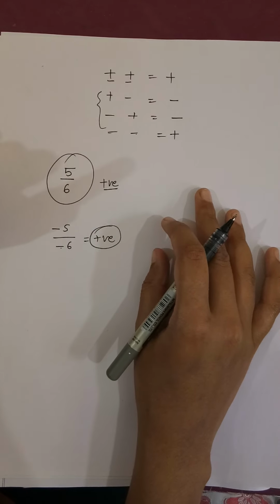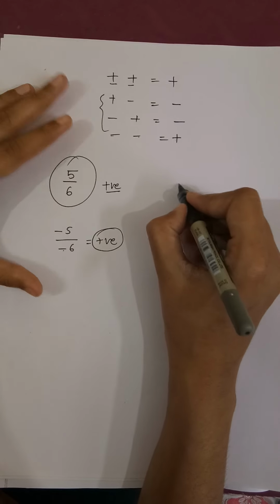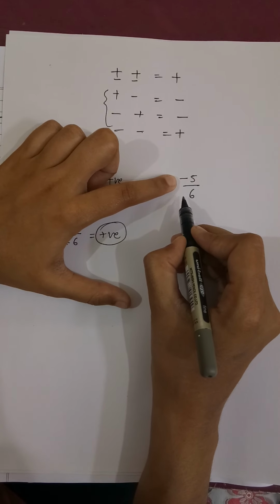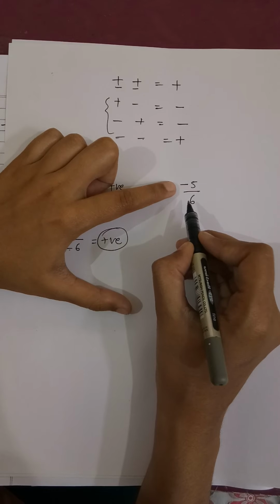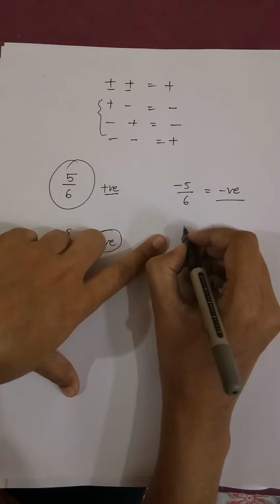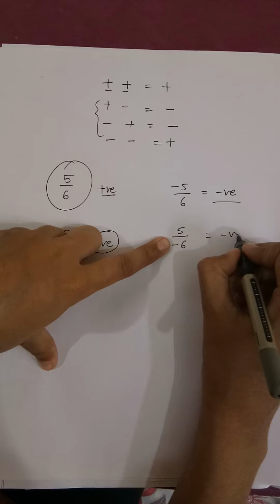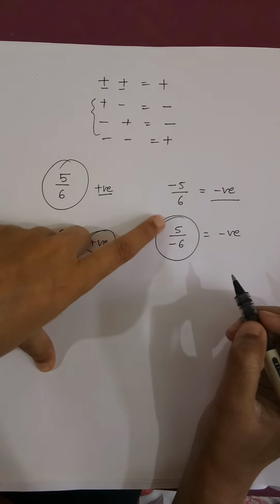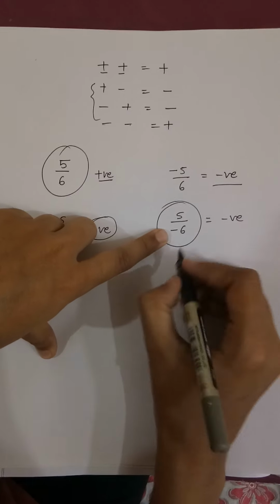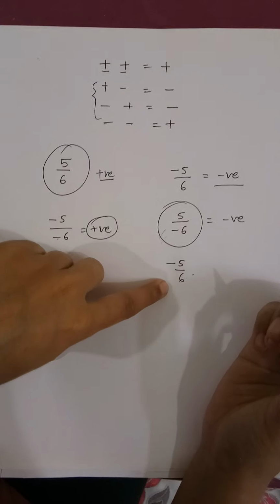But if even a single one, the numerator or the denominator, has the sign of minus, for example, I am writing here minus 5 upon 6. Now this is minus, and since no sign is there here, the sign is plus. And what is plus minus? Minus. So this is a negative rational number. The next one, for example, I am writing 5 upon minus 6. Again plus minus is minus. So this is a negative rational number. In particular, even if in the denominator it is written minus, it will be counted as minus 5 upon 6 only. We can write it like this also, even if the minus sign is in the denominator.